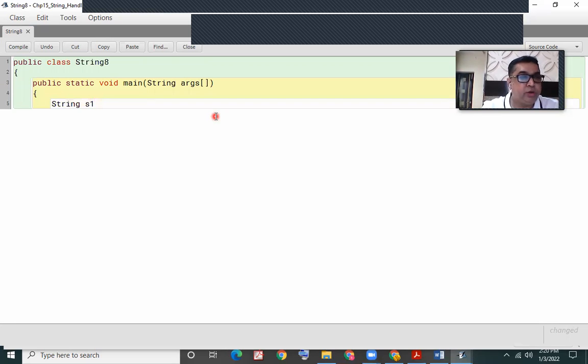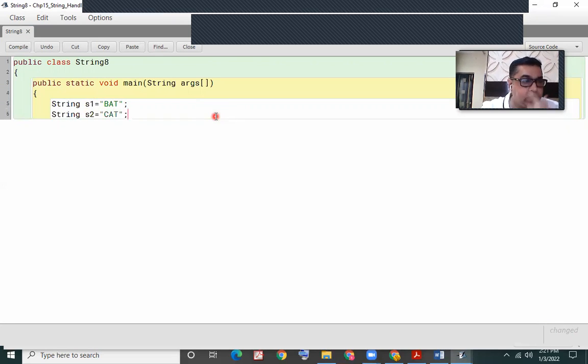I'm defining two strings, s1 equal to, let me assign that to it, and string s2, I'm defining, and let me assign.